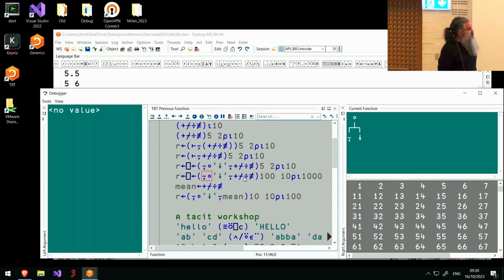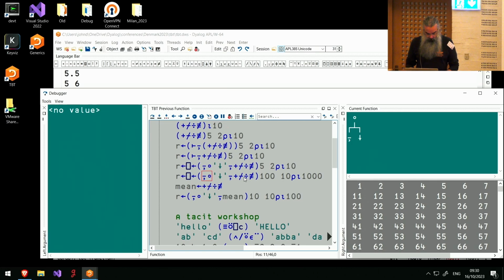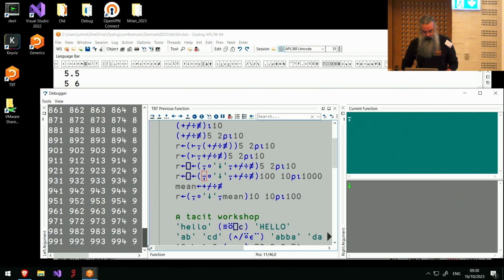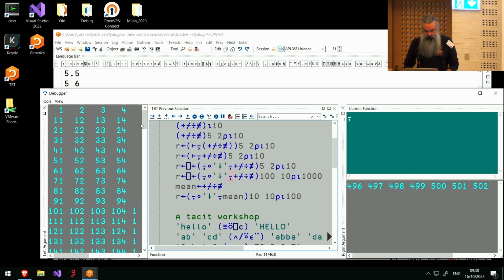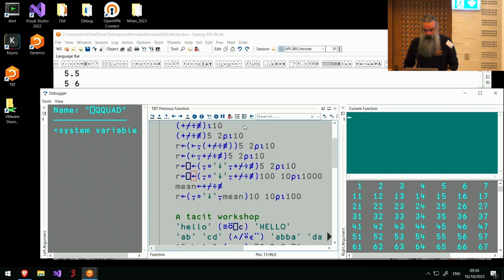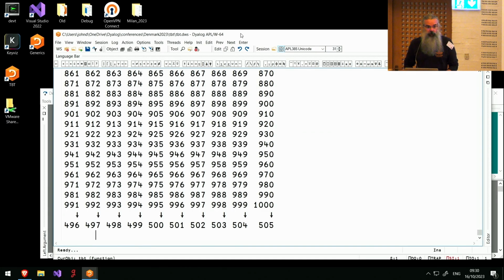So, yeah, we've done the mean. We're now going to concatenate the down arrow on the end of our result. So that's the result of that expression. Oh, we haven't done it yet. That's the result of that expression, which has now got all the down arrows on the bottom. And then we join the two things together so that our result just has all the mean values at the bottom of the original data as well. But then that brings me to